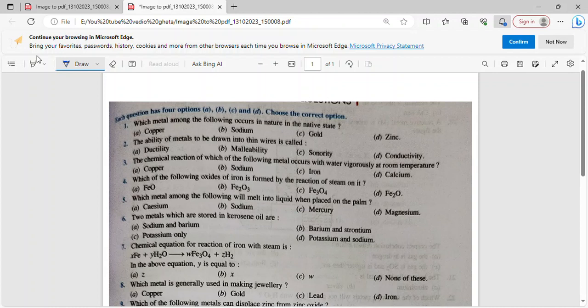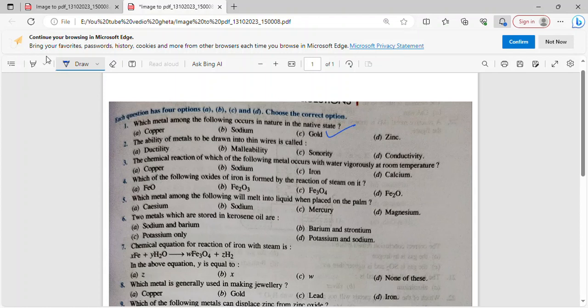In this video, we are going to discuss MCQs on the metals and non-metals chapter. Let us discuss. Which metal among the following occurs in nature in native state? Native state means free state, and the metals that exist in free state are the ones that are very low reactive. Copper is less reactive, sodium is highly reactive, gold is the least reactive, so obviously the answer is